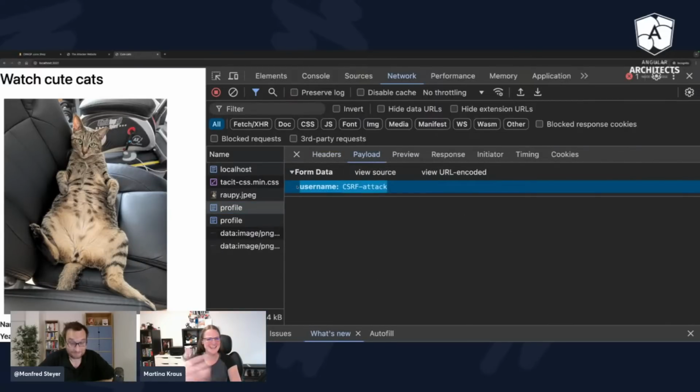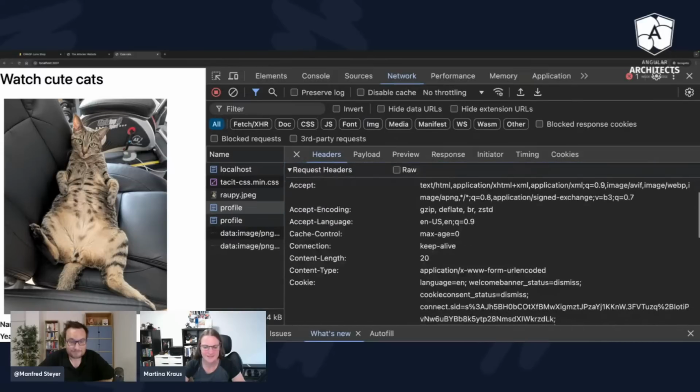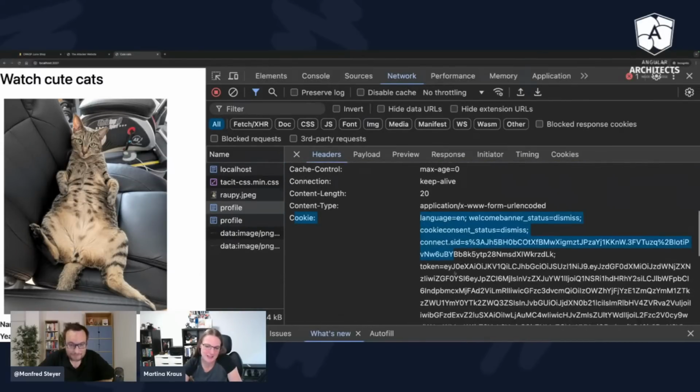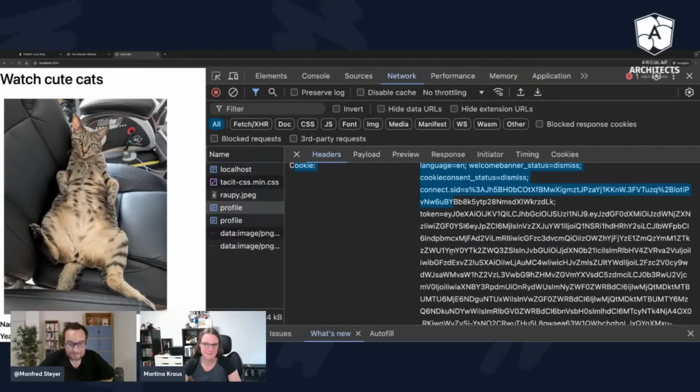something like a request was sent behind the scenes. And you can also see that in the request header, actually all cookies of localhost 3000 have been sent. Also the token, which gives me the privilege to change password, username, all the user data. And all the victim is doing is watching my cute cat inside this web browser. Wow, yeah, that's really scary.